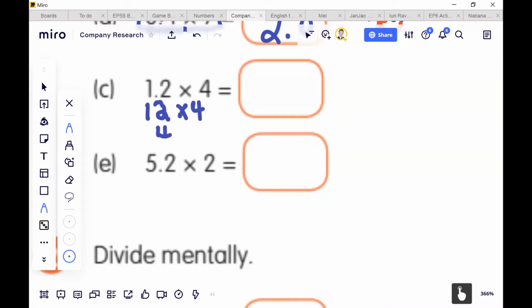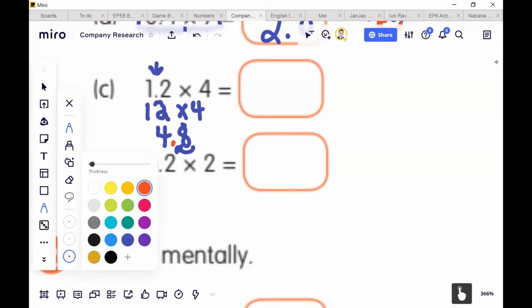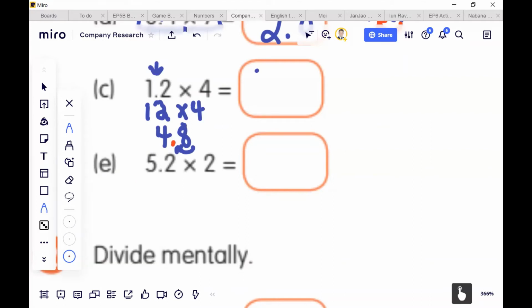Right, and then move it 1 digit forward. Yeah, and then we just see that there's 1 decimal place there. So we just need to move that decimal place 1 place to the left. And we should get our new number there. It should be 4.8. Okay. So the next one is